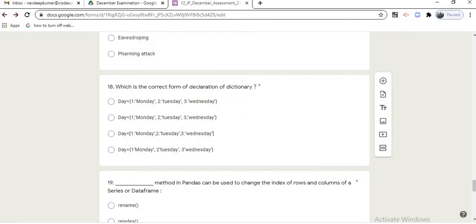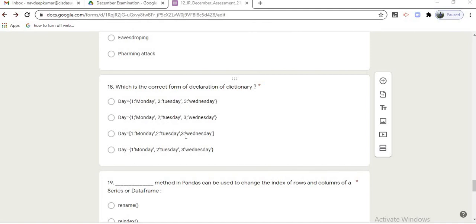Moving to the question: which of the following is the correct form of a declaration of a dictionary? You have to look at the syntax of a dictionary. It contains a key and a value, separated by a colon, and one item is differentiated from the other item with a comma. So look at the right option.